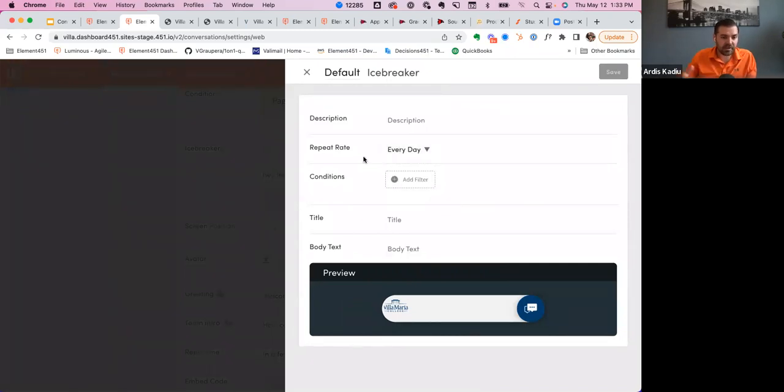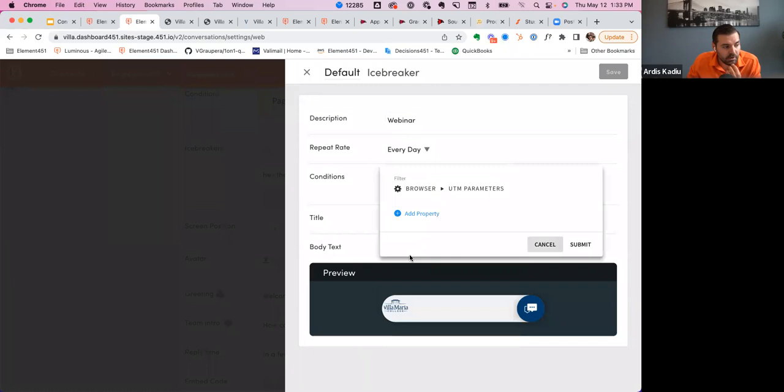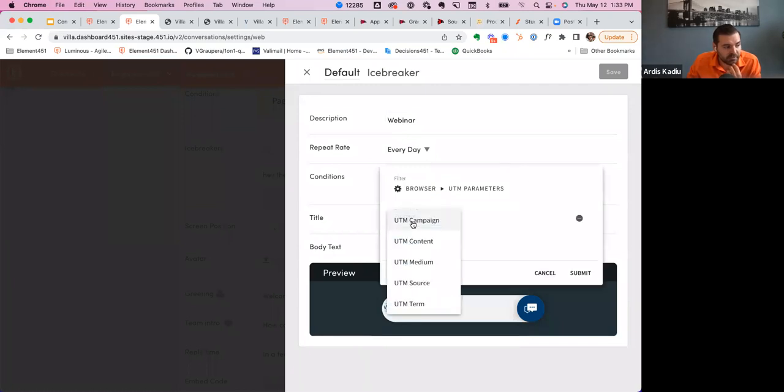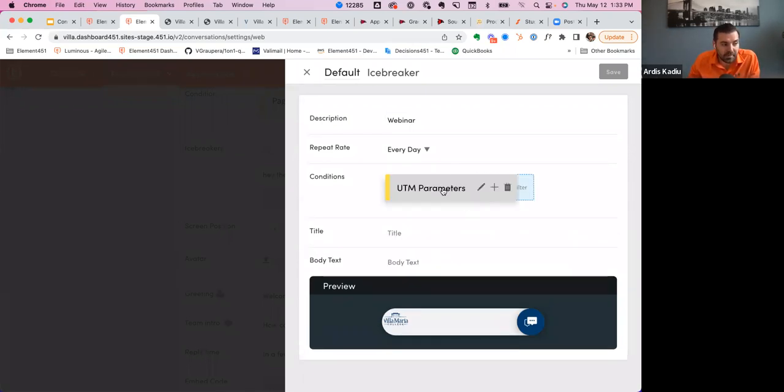If the student comes in every day, you're going to show it every day or once, whatever. And you can now add a description for that. And then now I have the ability to have conditions for it as well. So in my conditions, I can say, show it only when I have this UTM parameter, UTM campaign contains webinar. So I can set it up that way.